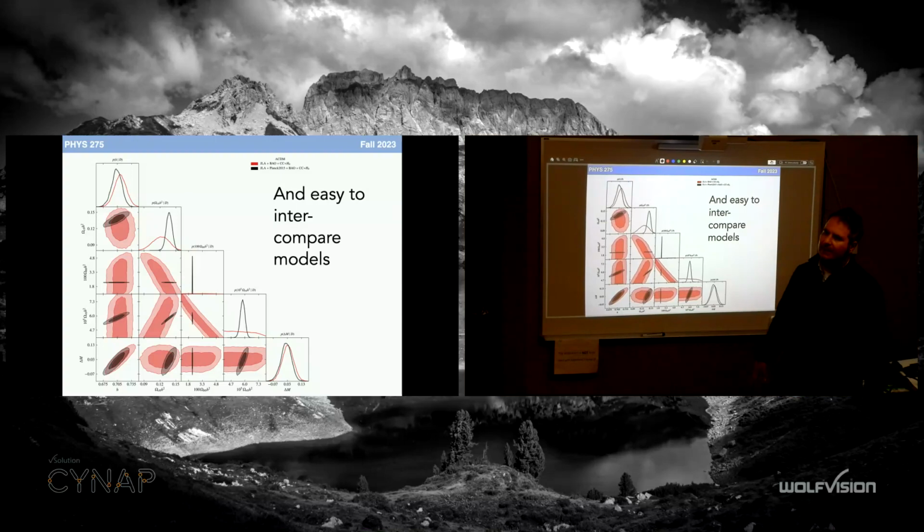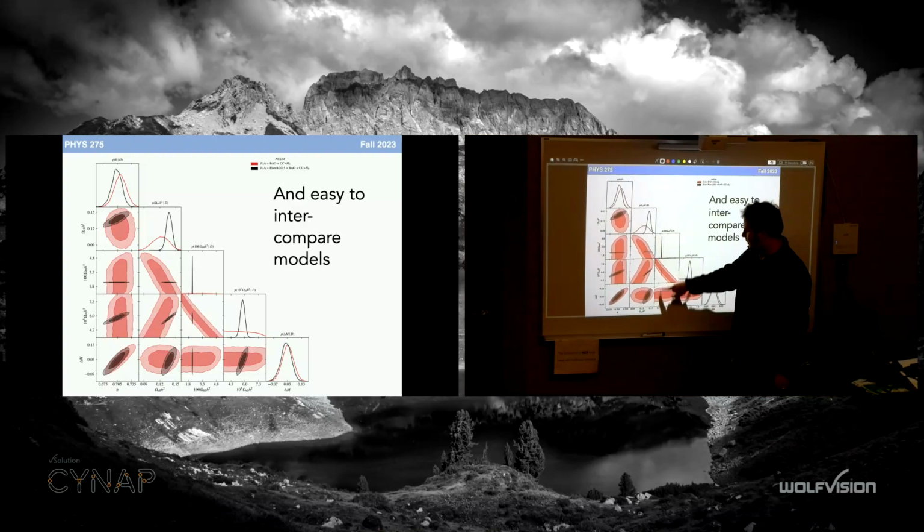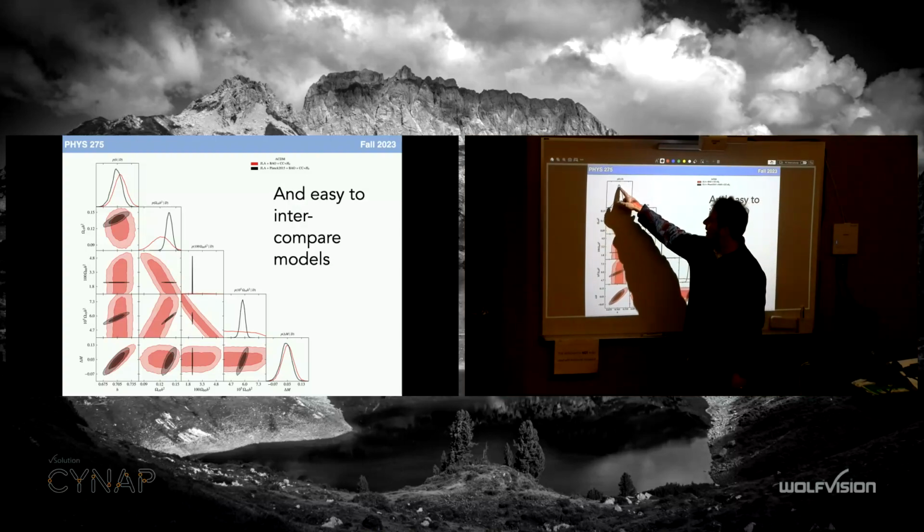Completely different data sets trying to measure the same parameters, and you want to compare them. Suppose I am group A, I have the red team and the black team here. Red team and black team want to produce a paper together saying, hey, we constrain these values when we combine information. When I do that, I get a fantastic value for this one from the black team. That's great, grand. But if I then combine the values, for example, from these two, I get one that's here that has a better distribution.